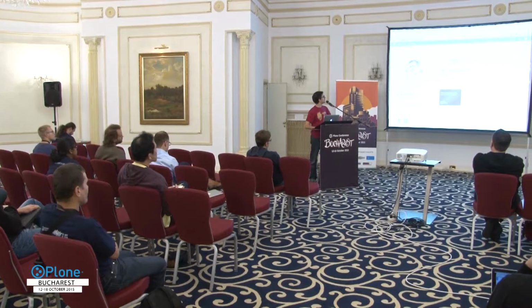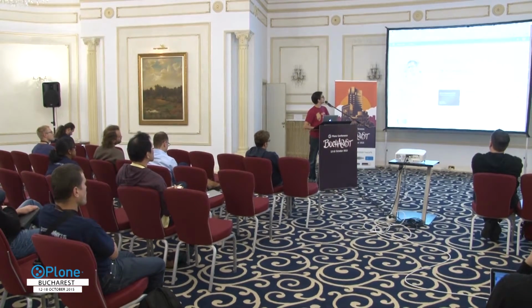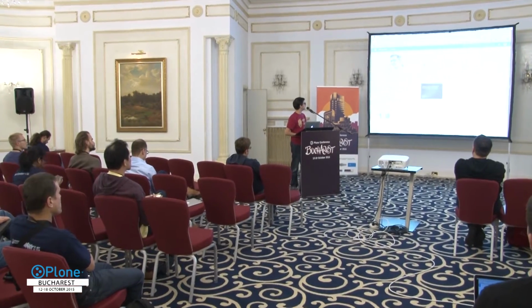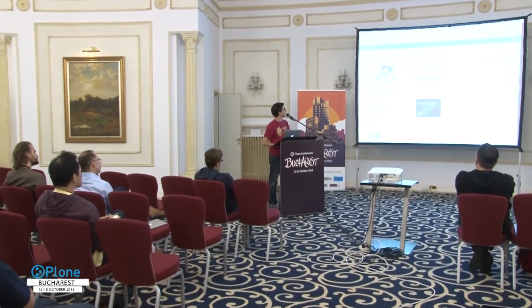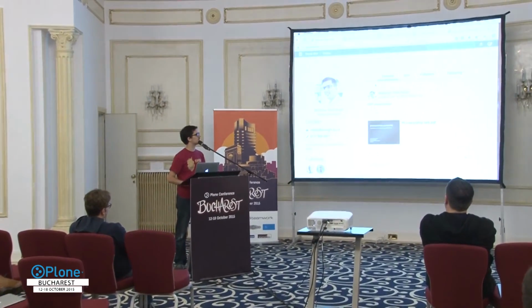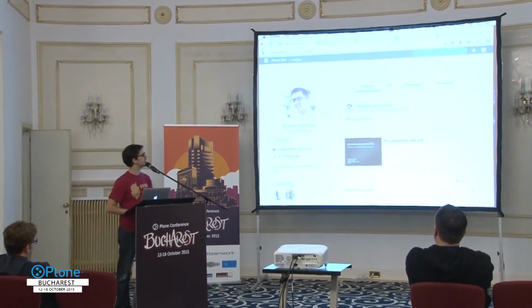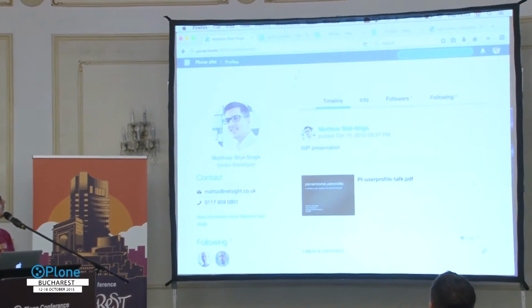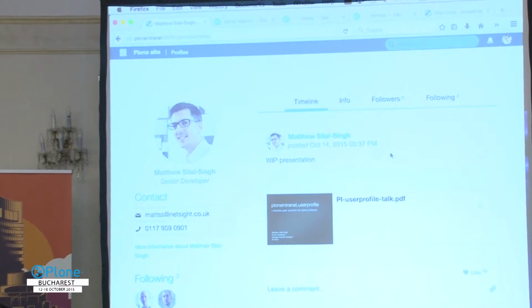So here we are. Here's what it looks like. This is a real piece of content. This is my profile on this demo instance. You can see it looks similar to the prototype, hopefully. You can log in with this, so it provides authentication. That's the main thing that dexterity membrane gives us, is having an item of content that you can also authenticate as. And this is all completely custom HTML.